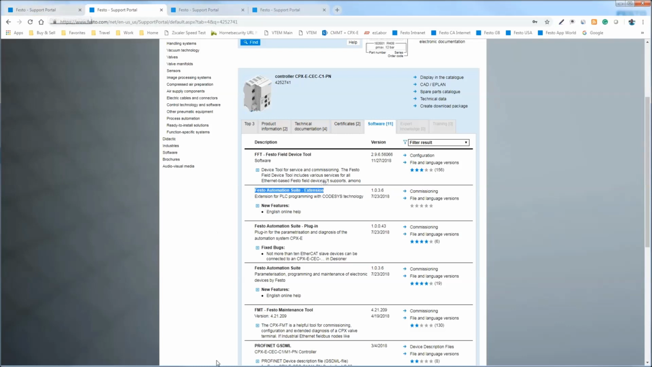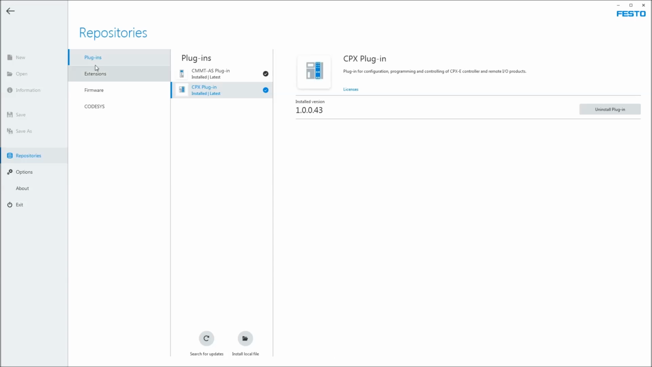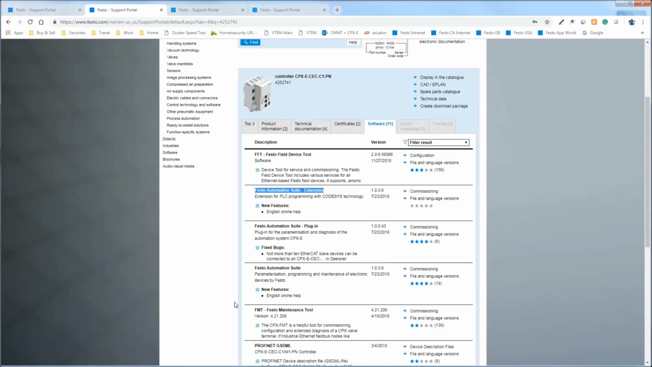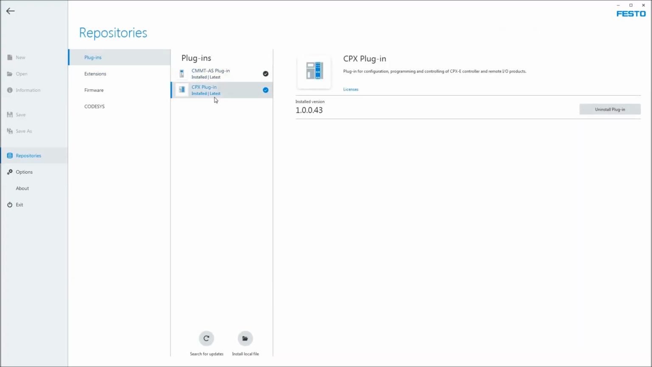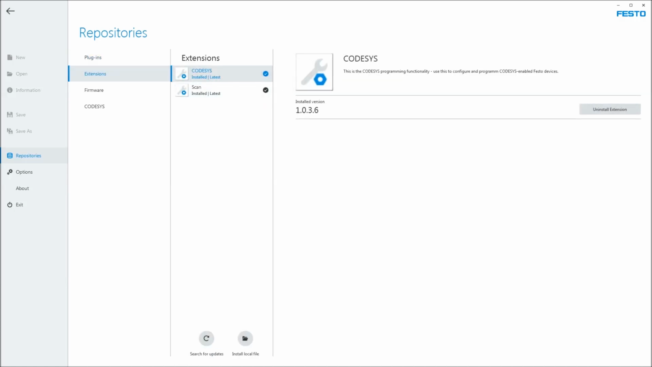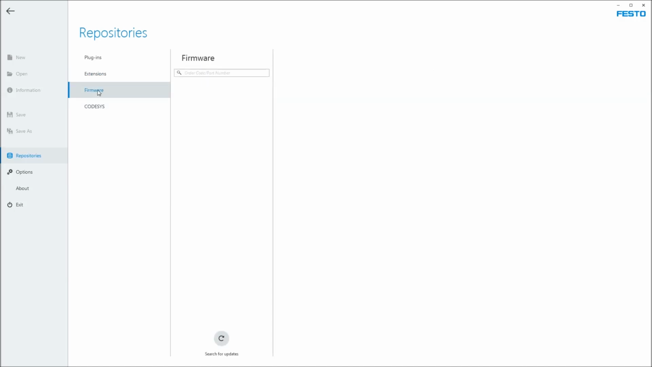And what else do we have in there? Oh, the Codesys extension. So you would need to match that there. That's the CPX plugin. Then the extension for Codesys is there. Basically, it's all here. And finally, there is firmware, which doesn't have an install right now, but basically you come